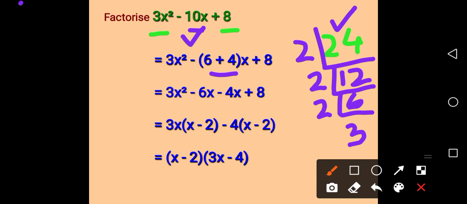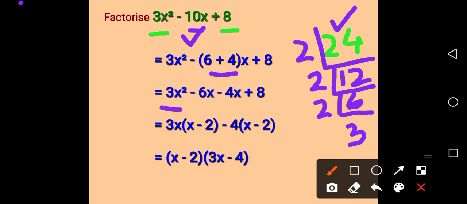This is the important line, we need to write it properly. The ultimate thing we have written is 3x square minus of 6 plus 4 into x plus 8. Then we will open that bracket and the minus will go inside, and we know that whenever a minus goes inside the bracket it changes the remaining signs. So it is becoming 3x square minus 6x minus 4x plus 8.